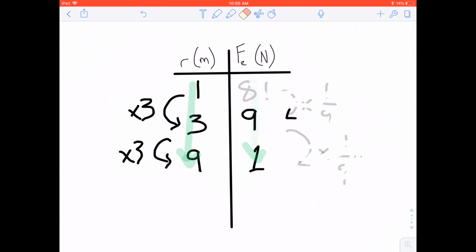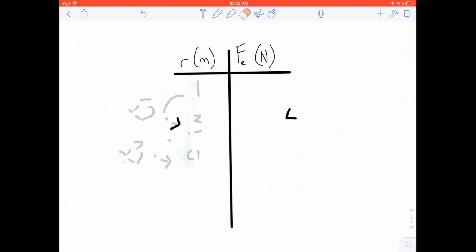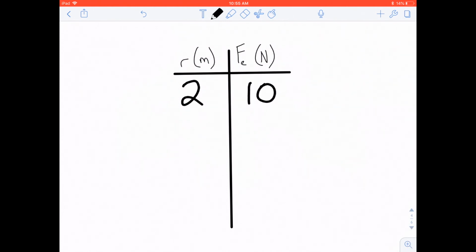Do some of the other practices on your own. A good one to think about, how about you try this one? So let's say that the distance is 2. Our force between them is 10. What would happen if you halved the distance? What would the new force be? What would the